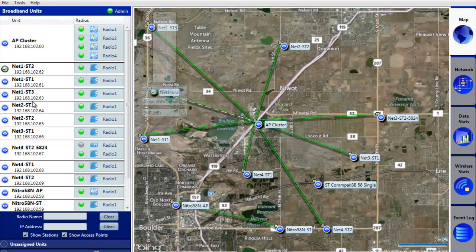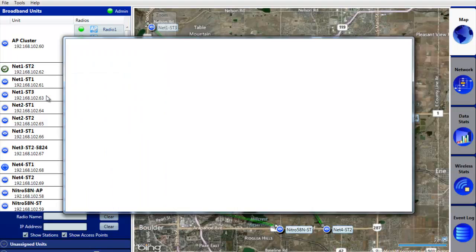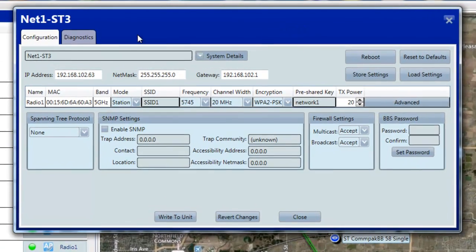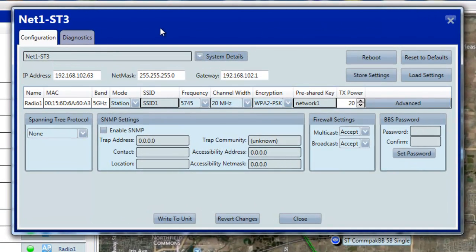The last thing I'd like to show you now is a typical configuration window. So here you see this is the configuration for the unit Net 1 Station 3. It's very similar to Broadband Pro 2.0, but we've simplified it a little bit even more. This allows you quick access to all of your most common parameters or configuration settings that you would have on